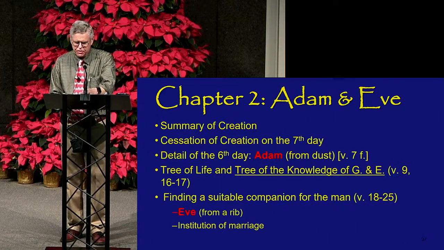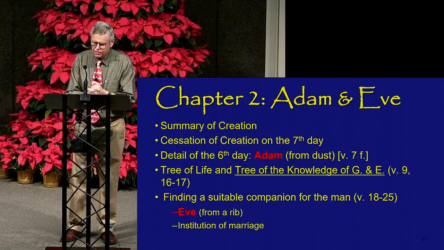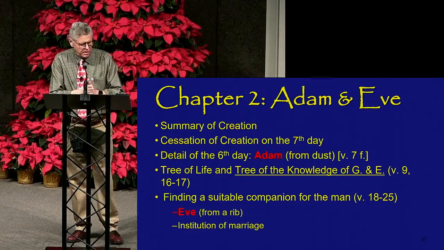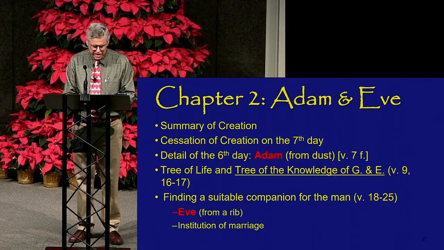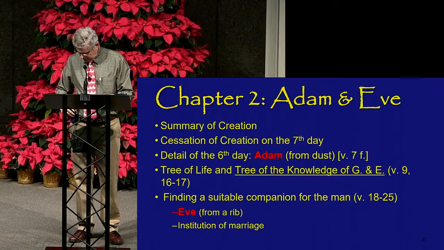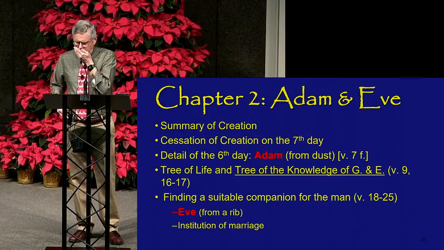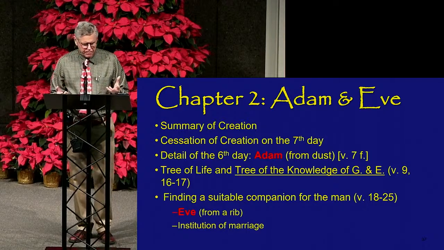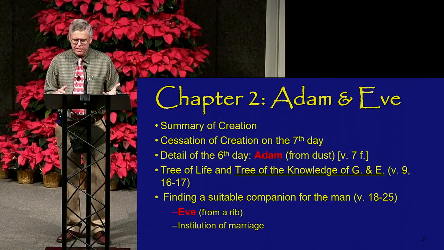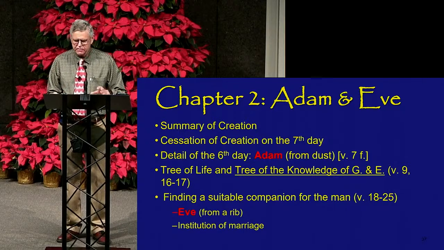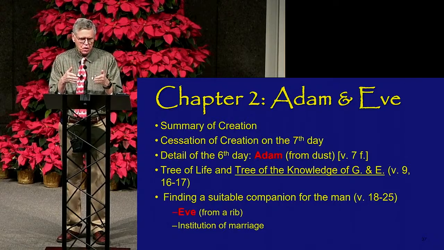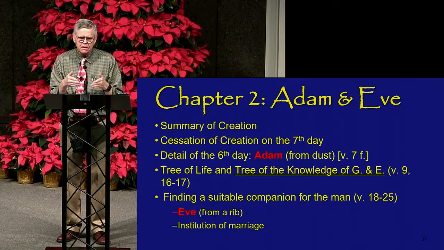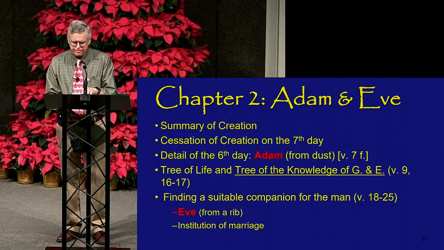So here's a summary of chapter 2. First of all, chapter 1, verse 1 and 2:1 are really bookends. Chapter 1 says, in the beginning God created the heavens and the earth. 2:1 says, thus the heavens and the earth were created and all their hosts. So in a way, verse 1 here is just a summary of what happened on those first 6 days. And at the tail end of chapter 1, we read about the creation of man very briefly. And now with chapter 2, we're zeroing in with the spiritual microscope here, and we're focusing on more detail about that creation of man.